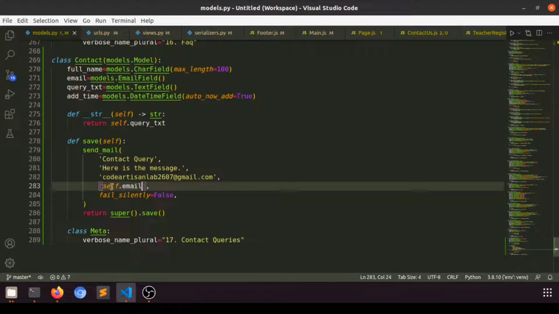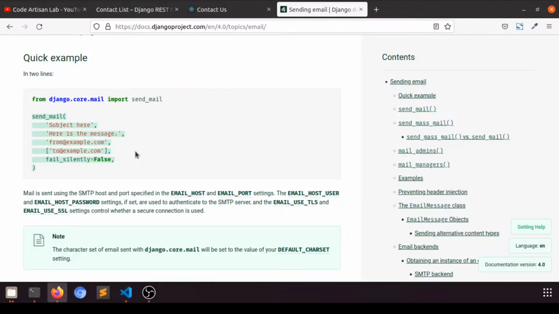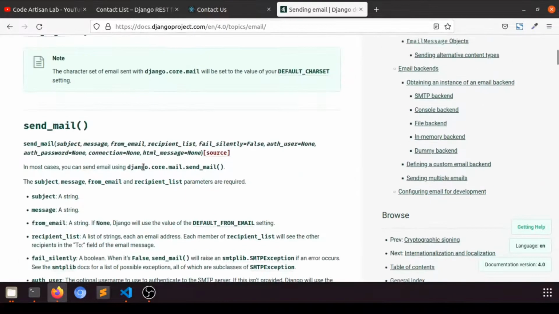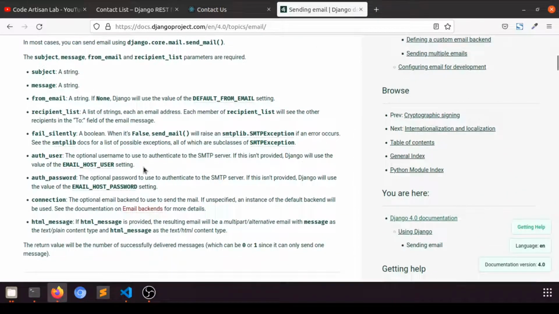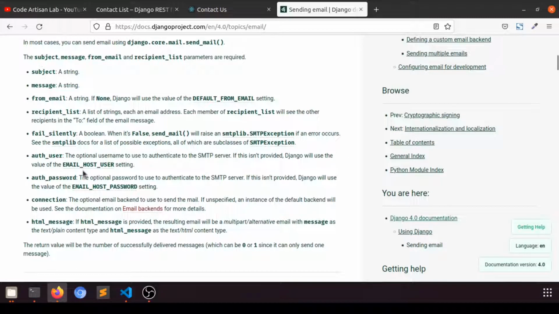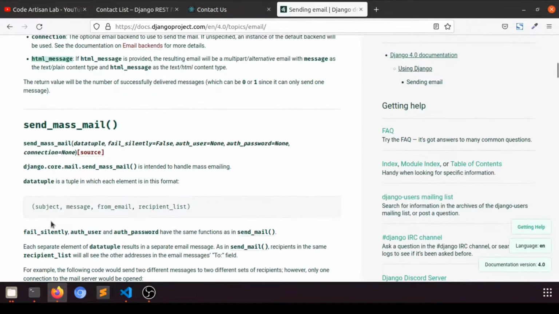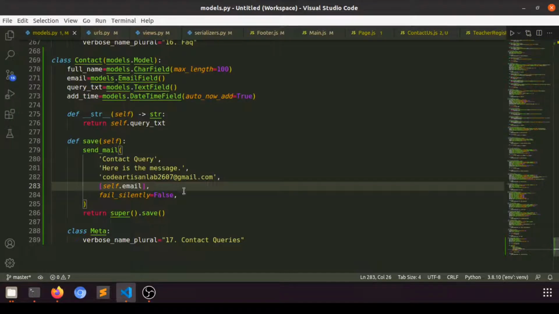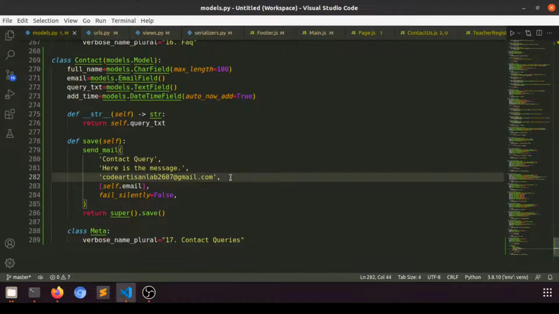self.email, right? So everything is okay, but what we need to do is send the data of this contact. So we need to send the HTML option. So let's see, HTML message. Here we have, okay, so this is the HTML message, right? So let's say this,